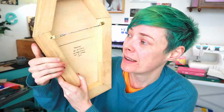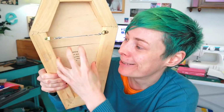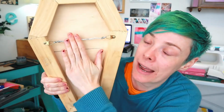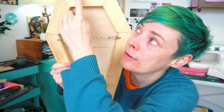It's pretty straightforward adding hanging wire to the back of a board or even a canvas. It's much easier hanging a board or canvas that's already cradled, which means that it has this section that's already hollowed out or has these extra built up bits around the edges, because then when you hang it against the wall, it's much more likely that it's going to hang flat and straight